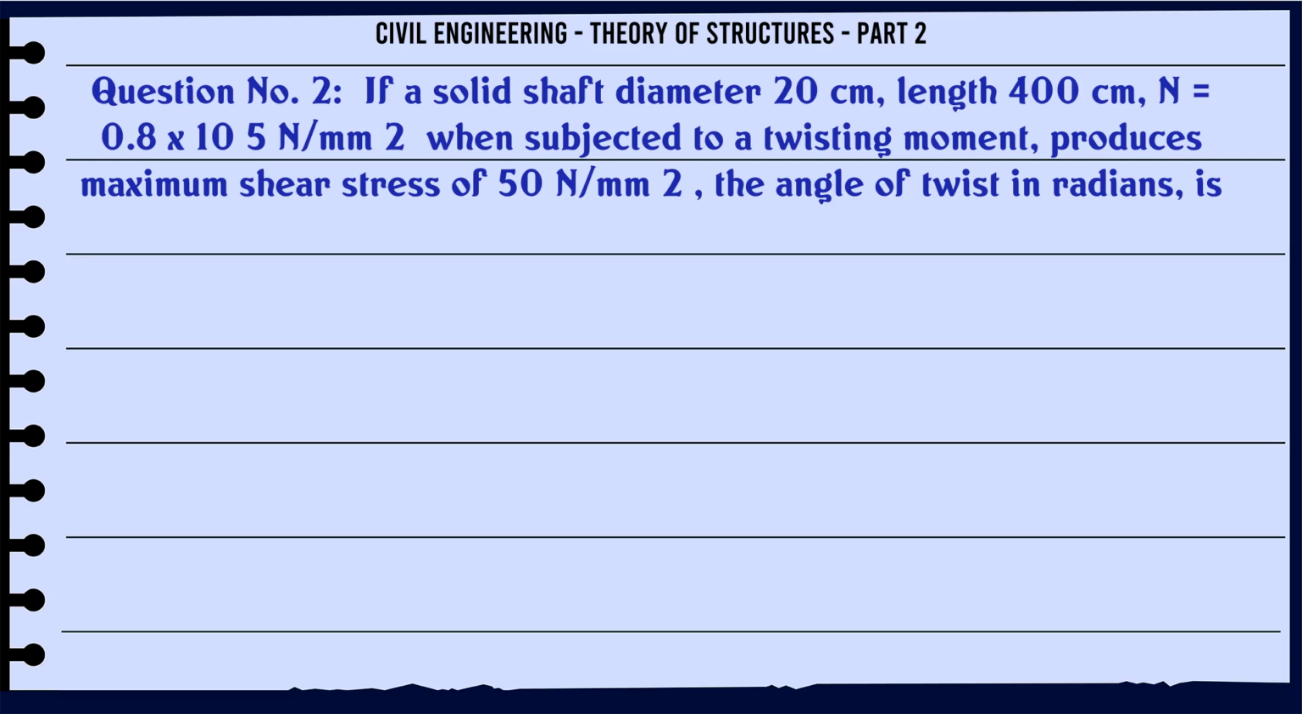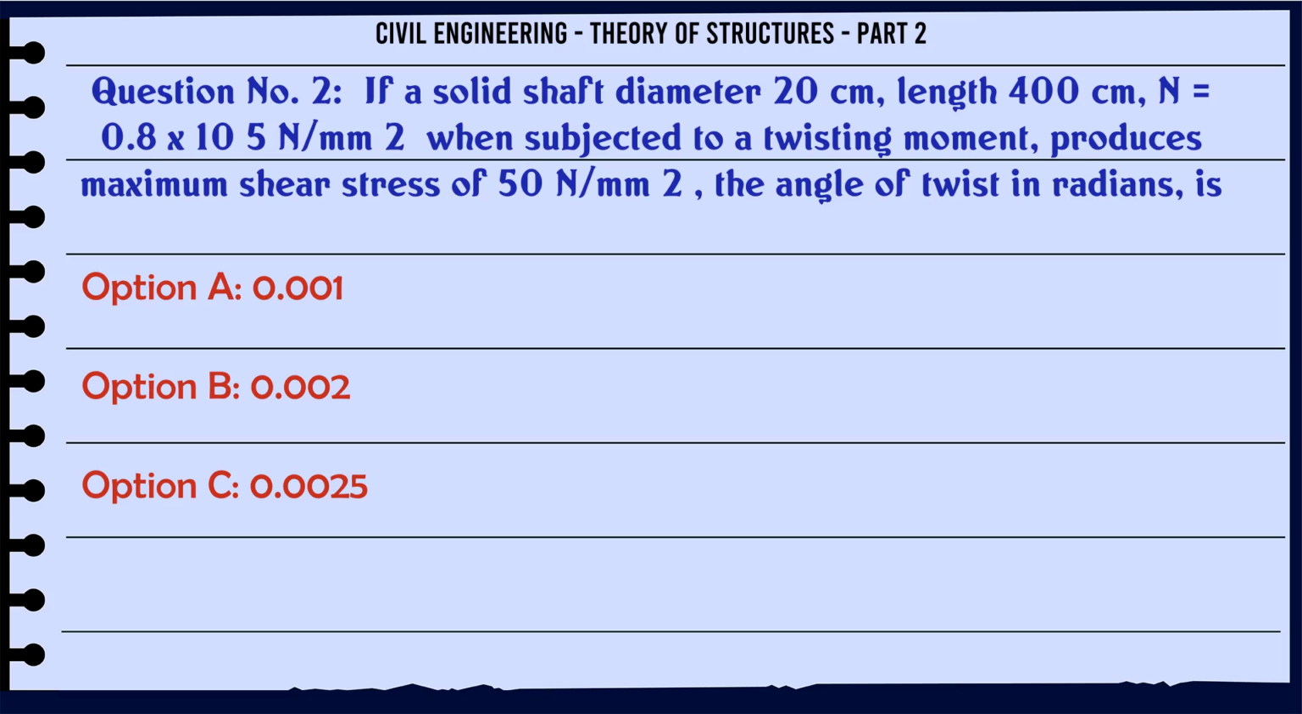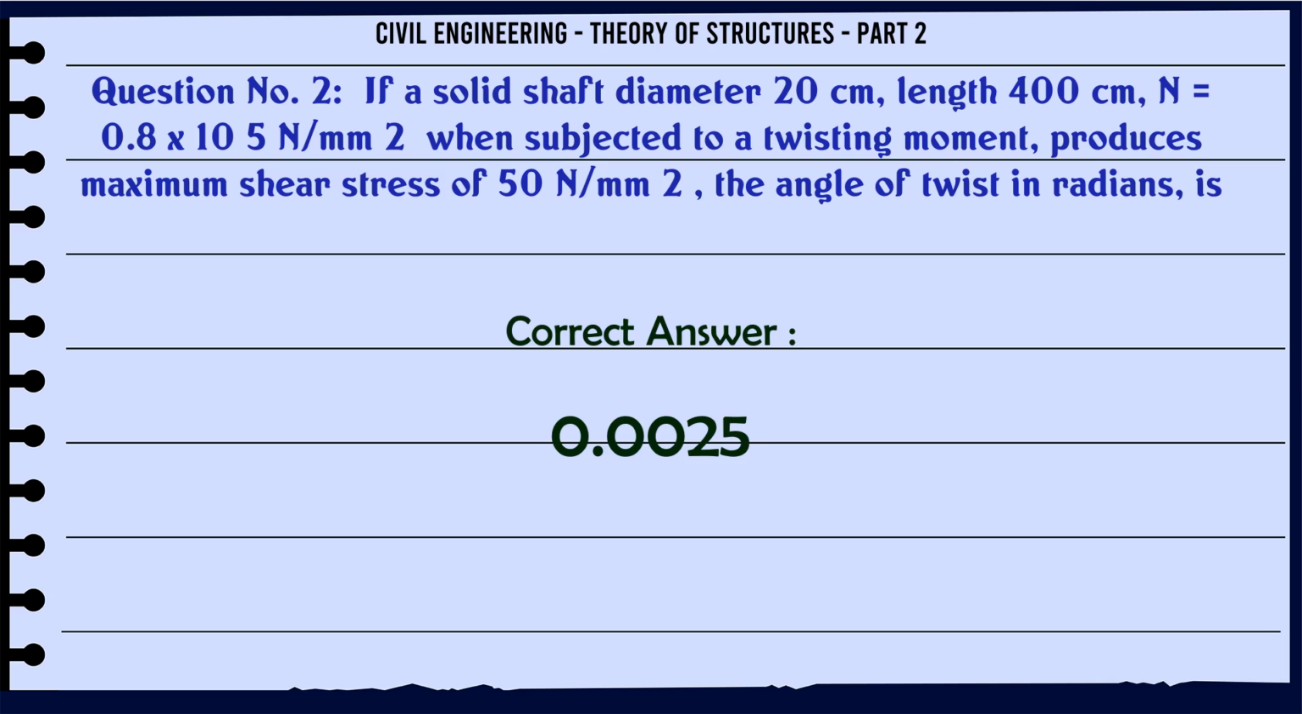If a solid shaft of diameter 20 cm, length 400 cm and 0.8 x 10⁵ N/mm², when subjected to a twisting moment, produces a maximum shear stress of 50 N/mm², the angle of twist in radians is A, 0.001, B, 0.002, C, 0.0025, D, 0.003. The correct answer is